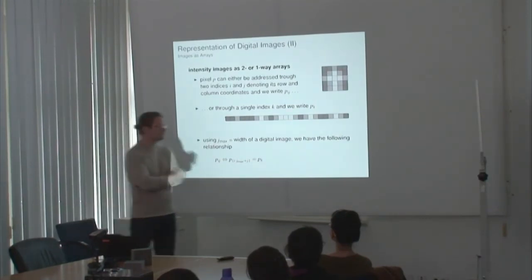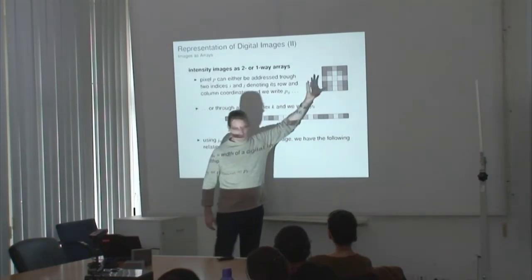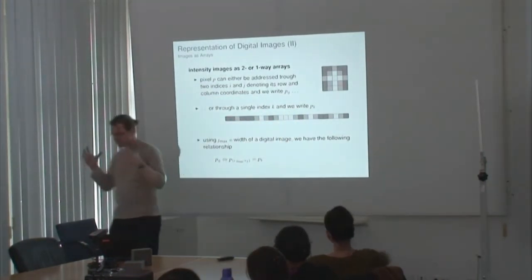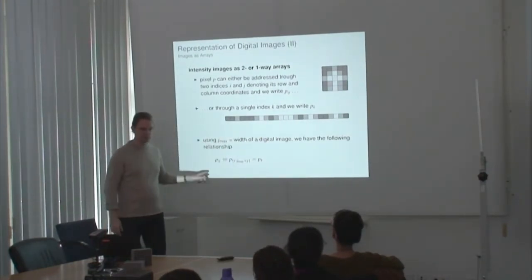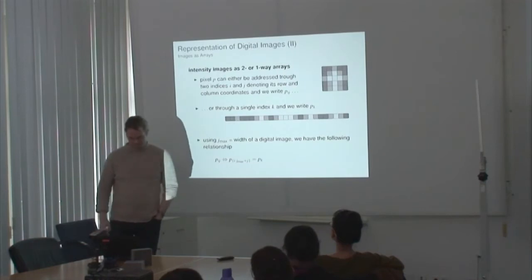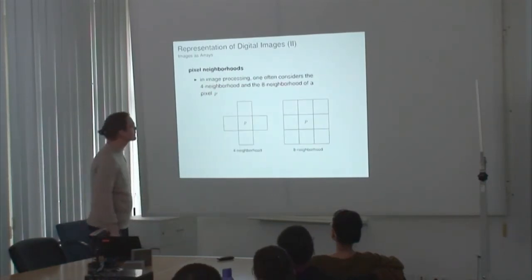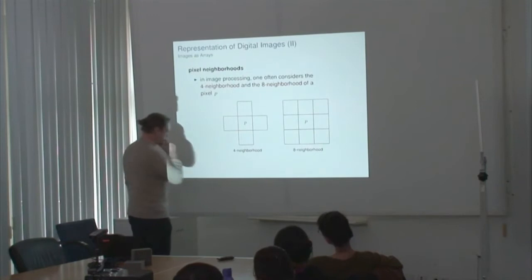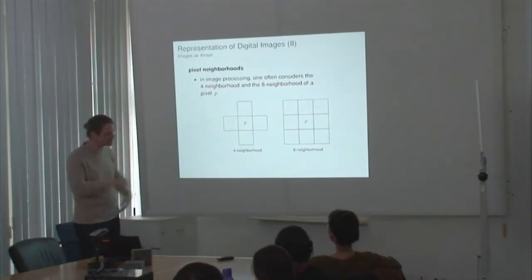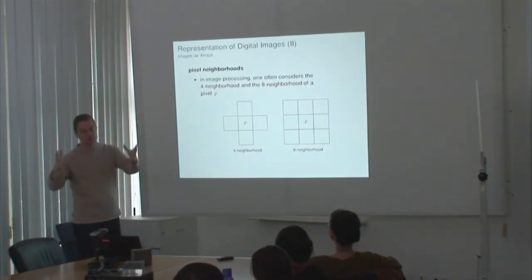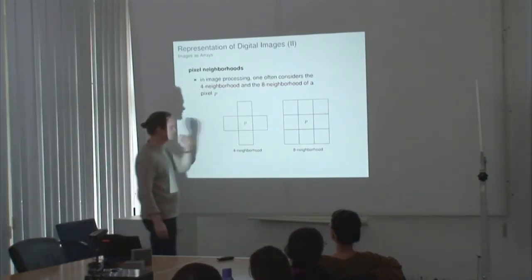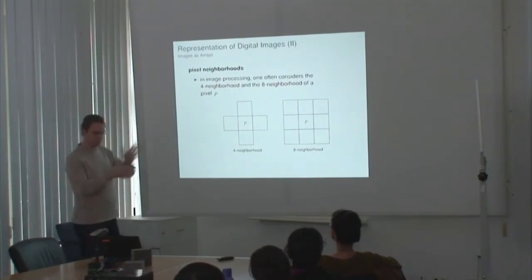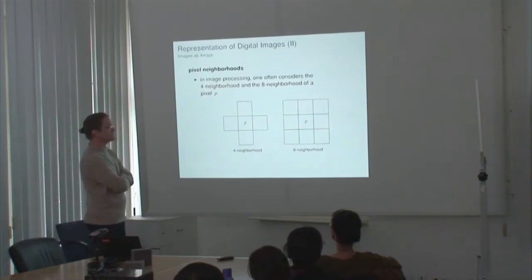Something that is not immediately apparent if we look at this: it looks very much like a matrix, but we can think of this matrix as a vector. There is a one-to-one relation. Now that we know that, from one point of view, we can think of images as matrices, and that we can address pixels in these matrices using their row and column location indices,